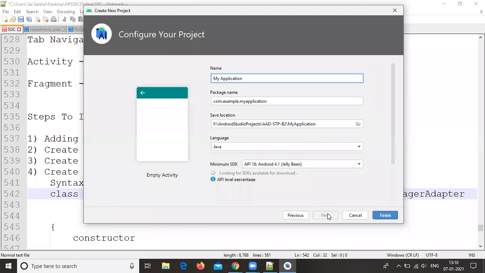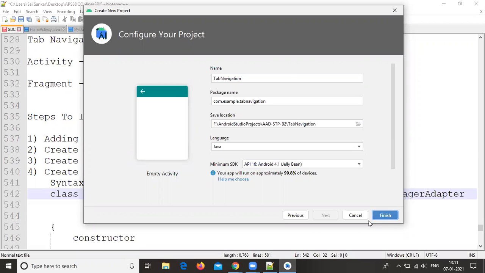Give your project name as tab navigation. Then click on finish.